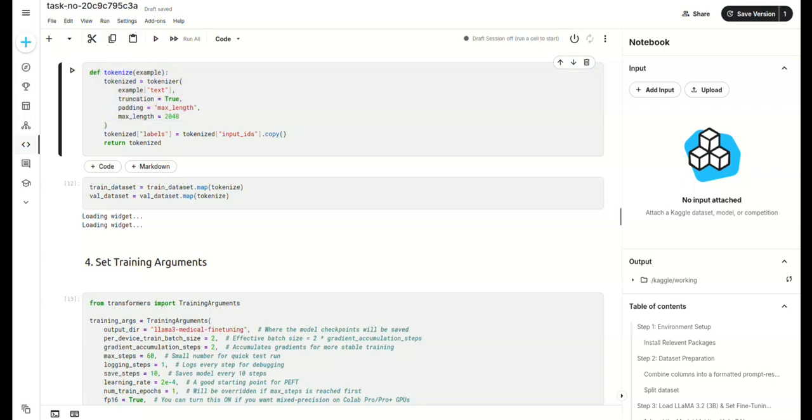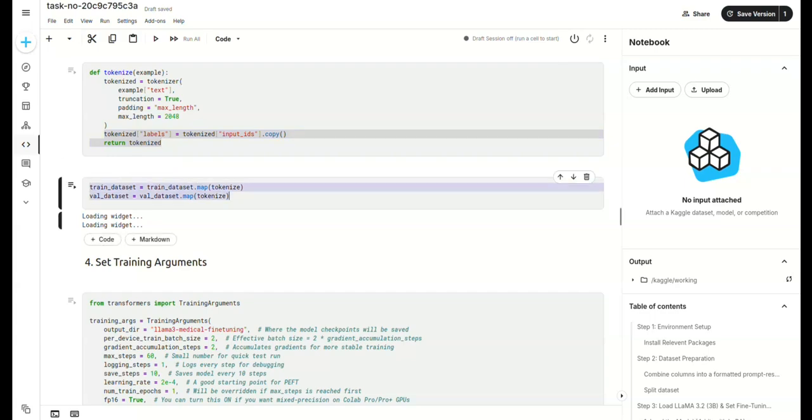Then we create the labels field by copying the input IDs, a requirement for supervised fine-tuning where we train the model to predict the next token from the input. Finally, we map this tokenizer function to both the training and validation dataset using the .map method provided by the Hugging Face datasets library.